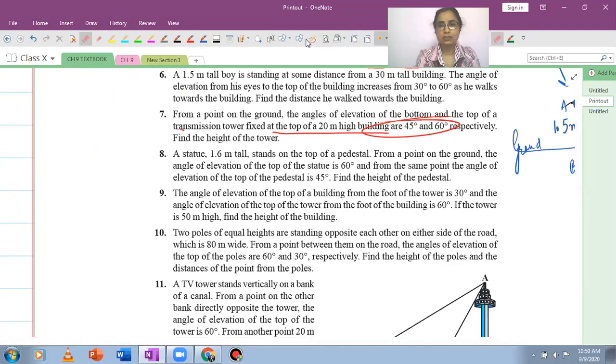So this figure actually would be similar to the one we had drawn previously. So let us say this is your ground level, and then I'm just roughly going to show. There is a statue 1.6 meters tall which is standing on the top of a pedestal. So let us say this is the pedestal here. I hope everyone knows what a pedestal is. So let us say this is the pedestal. इसके ऊपर statue है.